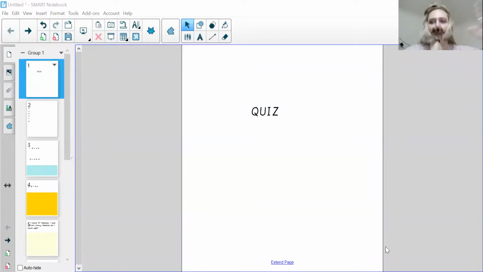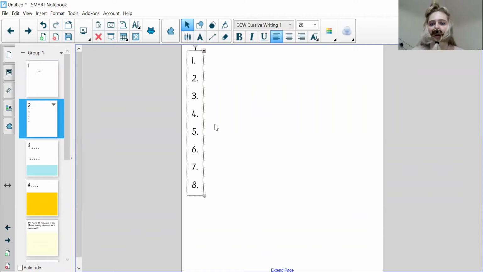Right, let me share my screen. Now, Miss Walker did tell me how to do this. One second, and let's see if I can do it. Ah, yes. Here we go. Can you see my screen, children? Yes, fantastic. Okay, what you will need to do is write the numbers 1 to 8 on your piece of paper. Okay? And we will go through the questions one by one to let you have a try at them, and then at the end we will mark all 8 questions together,